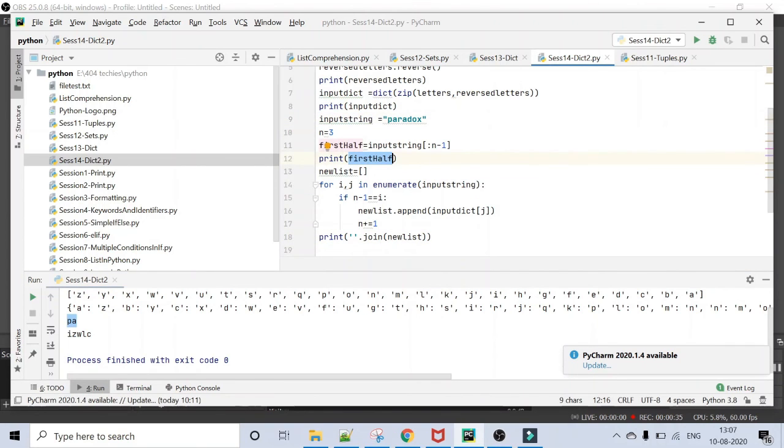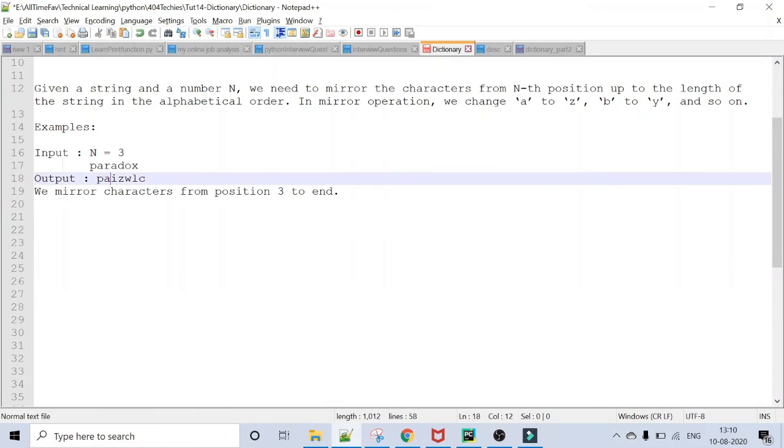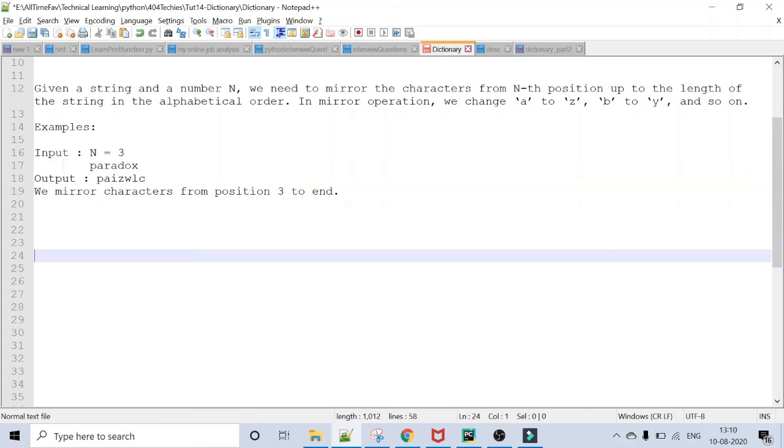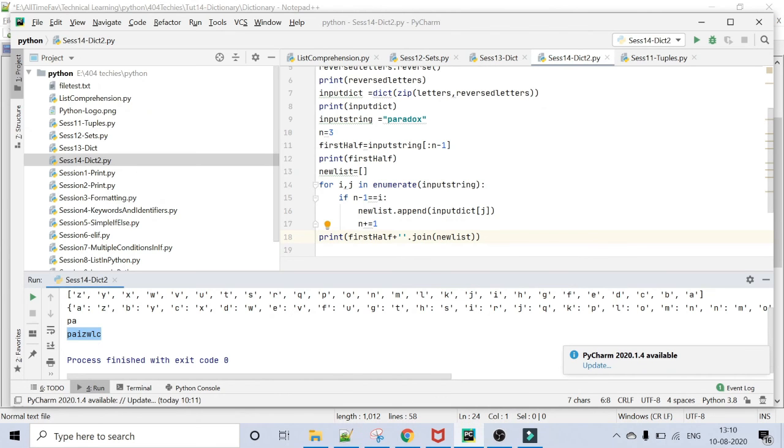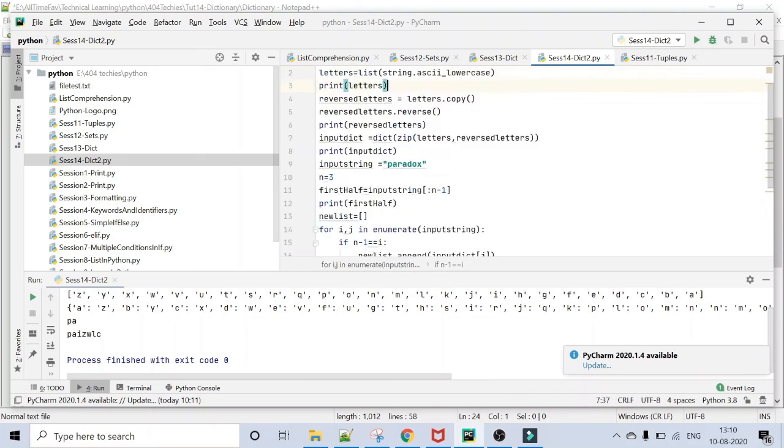So we have to join these two. I'm taking first half and adding it before this string, izwlc. So this is the required output. The expected output is paizwlc, and we achieved the same output, paizwlc. This is one of the examples of dictionary.